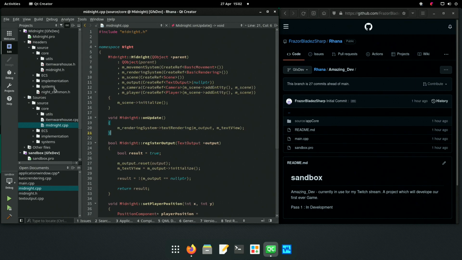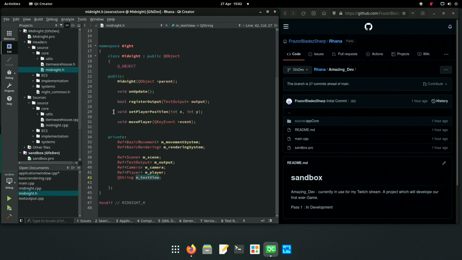Register output. Register output, text output, output. So we'll need a text output object to do it.